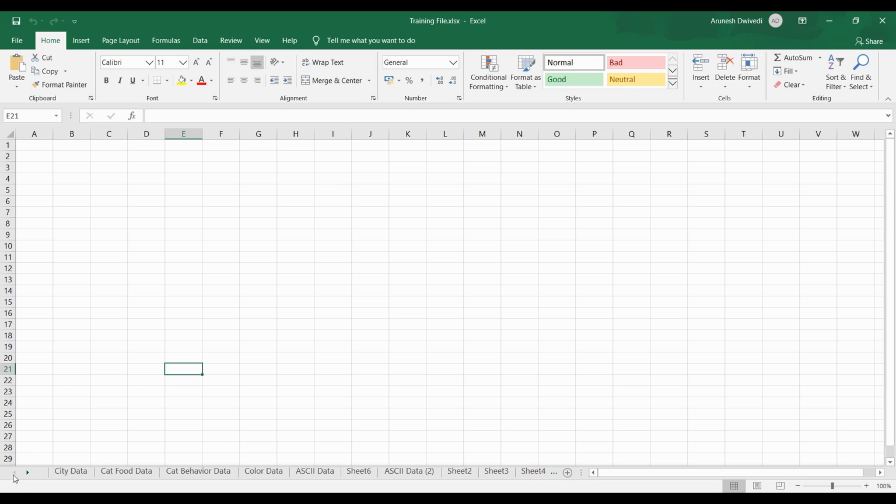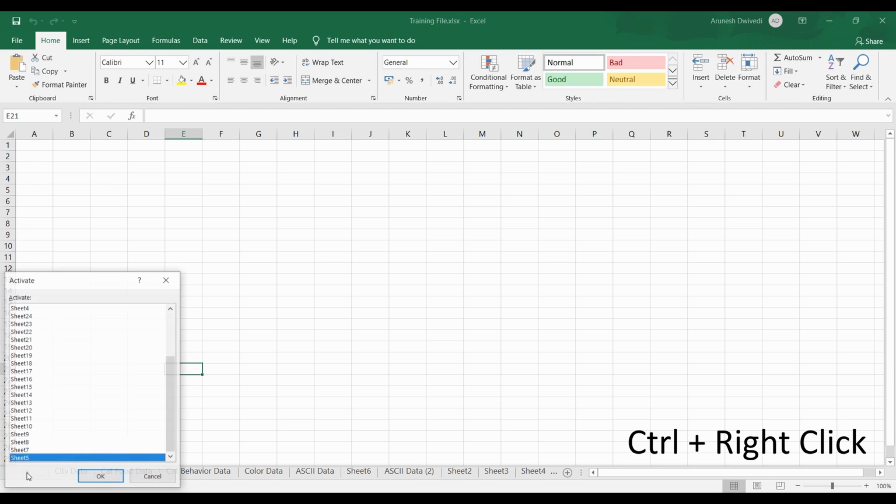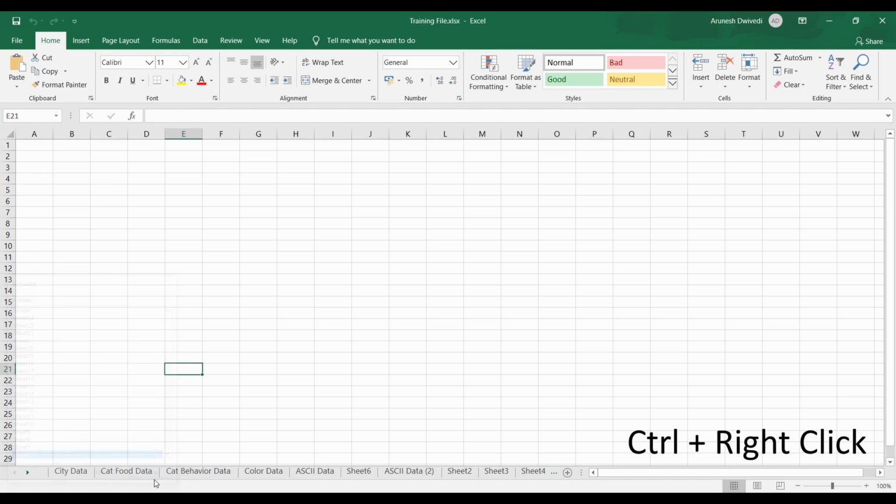If you are making any changes to the data, you will make changes to the data of your originally selected sheet only. Similarly, if you want to see the list of all the sheets in the file and you don't want to just navigate through all the sheets, then click on this arrow, Control and right click. Control right click will take you to the list of all the sheets. Here you can scroll up and down and simply see what all sheets are there in your Excel workbook. So that's how you can move towards the first and the last sheet of your file.